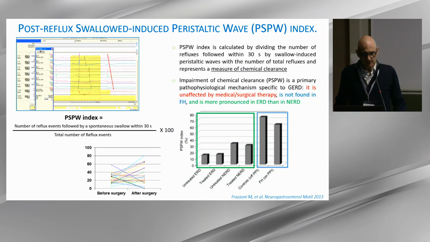The other interesting technique is the calculation of the post-reflux swallow-induced peristaltic wave index, well known as PSPW. It is calculated by dividing the number of refluxes followed, within 30 seconds, by a swallow-induced peristaltic wave by the number of total refluxes, and it may represent a measure of chemical clearance. And the impairment of chemical clearance is a primary pathophysiological mechanism in GERD,